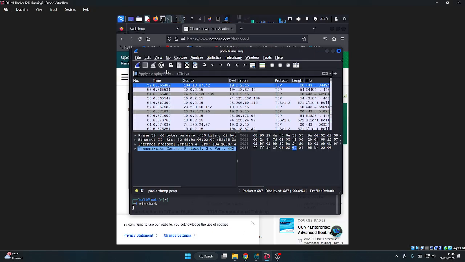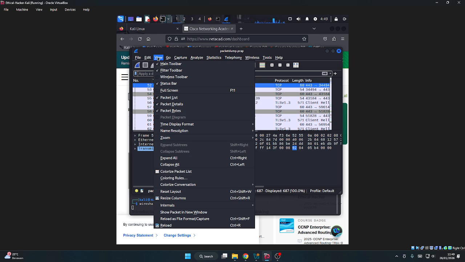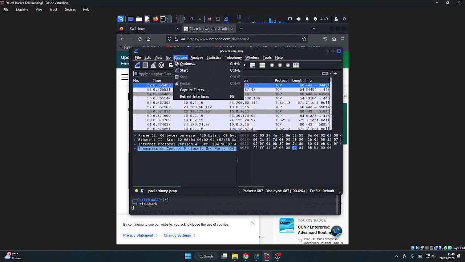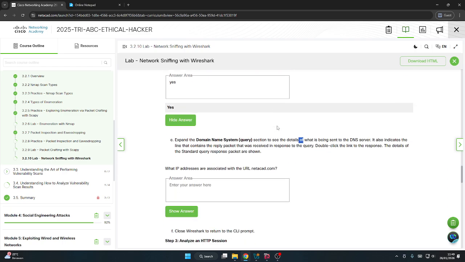Expand the Domain Name section and see the details of the query.